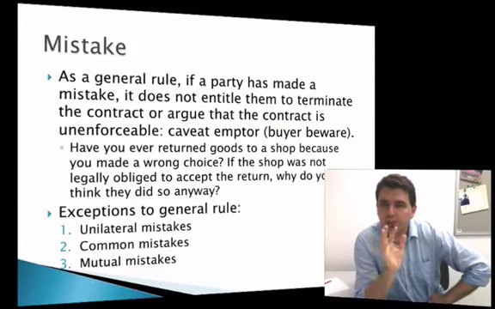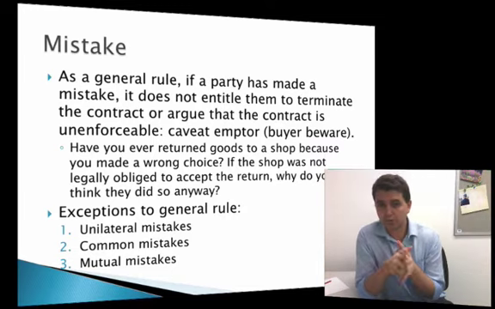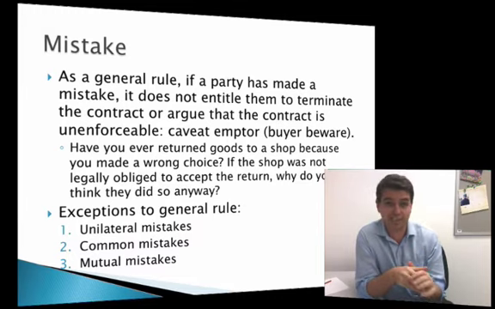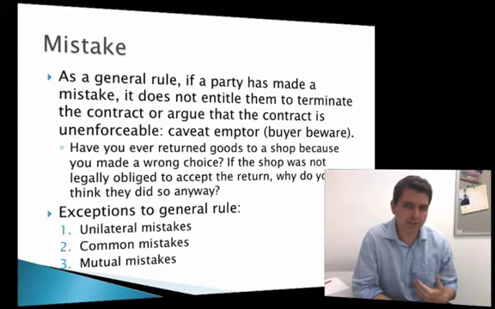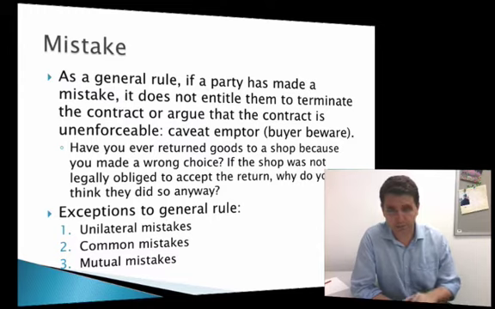Let's look at the first way we can not have consent in a contract, and that happens if there's been a mistake. Now, look, generally, the law is not going to care if you've made a mistake when you're contracting. That's that rule of caveat emptor, or buyer beware. So it will really only say that mistake leads to a lack of consent in some very specific circumstances.